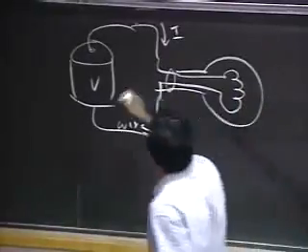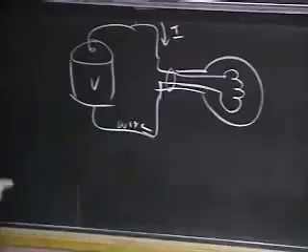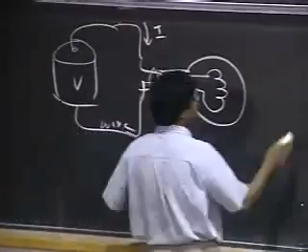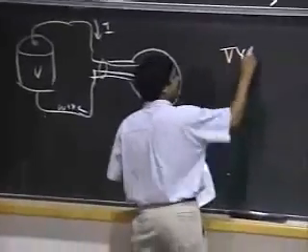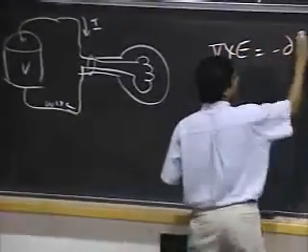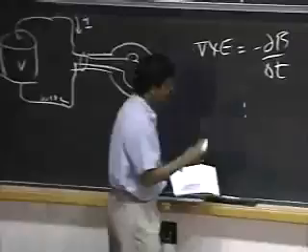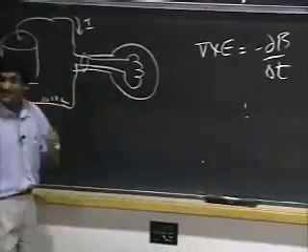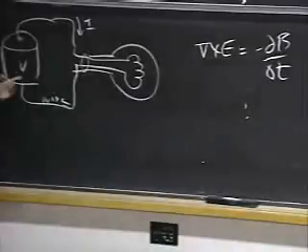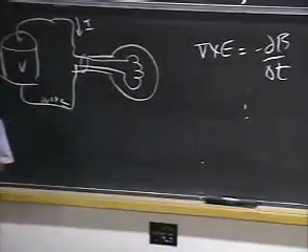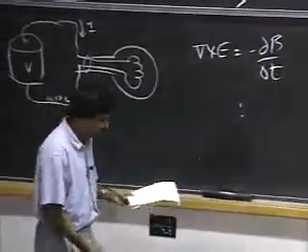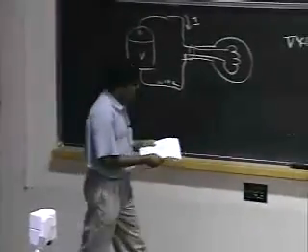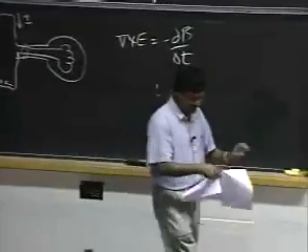Now, if all you've learned about is Maxwell's equations, you can roll up your sleeves and say, aha, the first step is to write down all of Maxwell's equations. And you can say, del cross E is minus del, and go on and on and on. Write all of Maxwell's equations and ask, now how do I get from there to here? You can do it, but it's very complicated. So instead, what we're going to do is take the easy way.